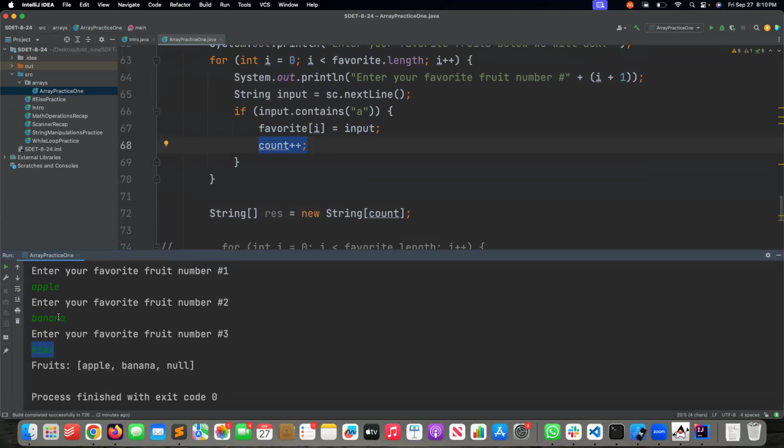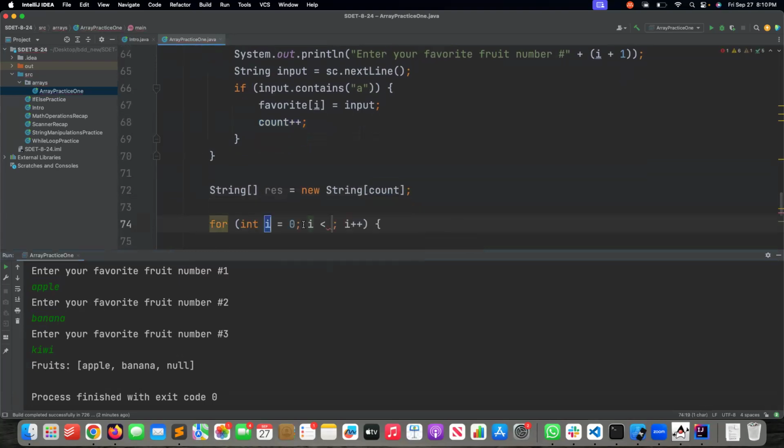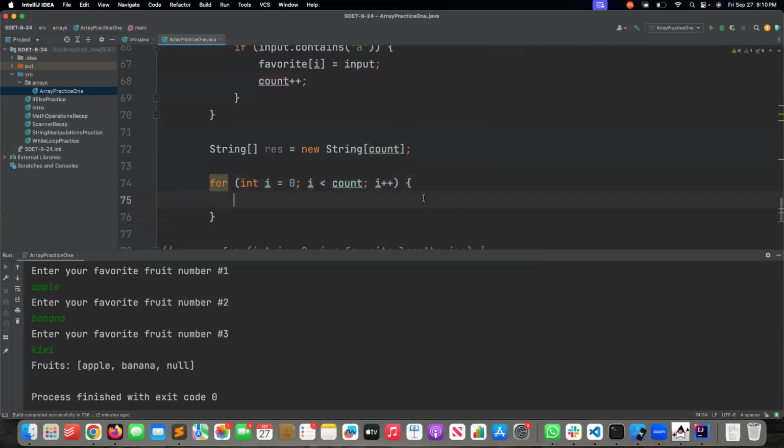Neither one of these contain the letter A. So now I have to declare the array with the size of 1, which is count, right? And here also, we have to write a for loop until count and res I,